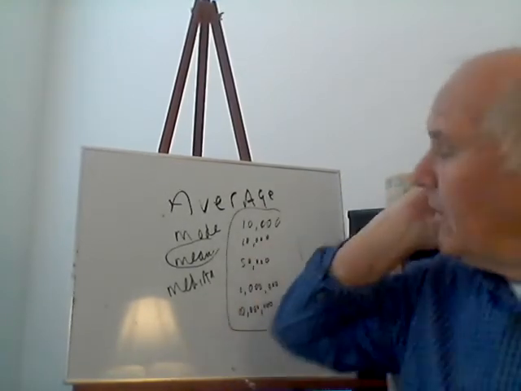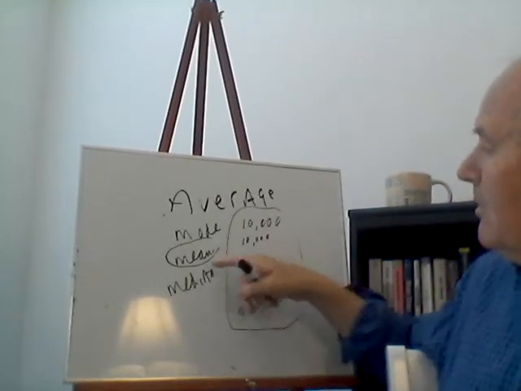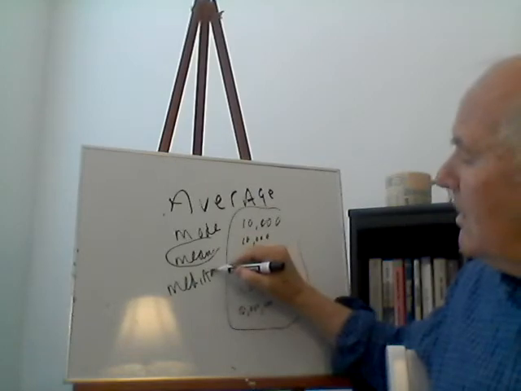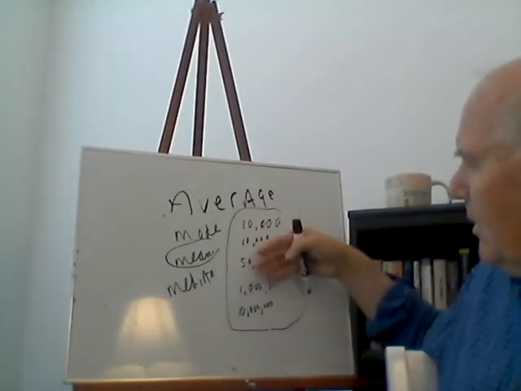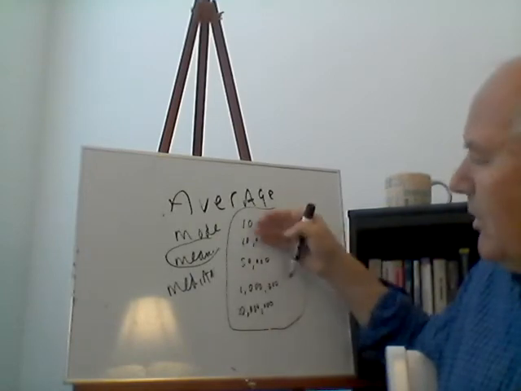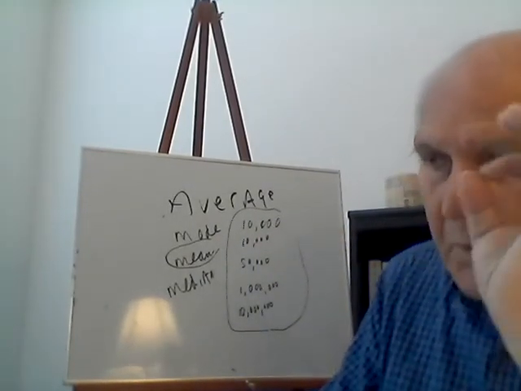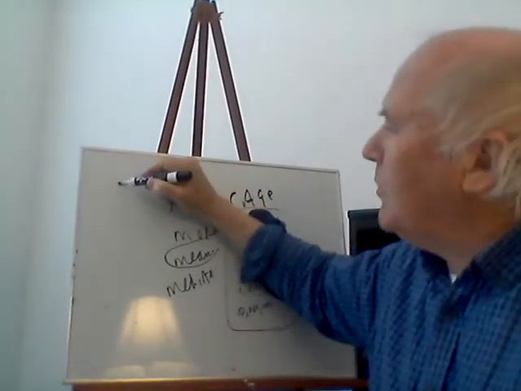On the other hand, you could say the average salary for this company is $50,000, because that's when you're taking average to mean median. The one right in the middle. There's 2 below and 2 above. So the point is this: when you hear the word average,